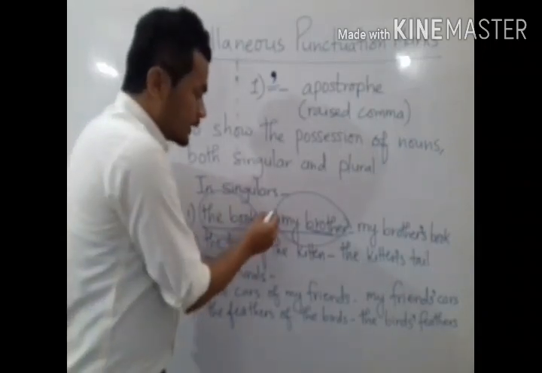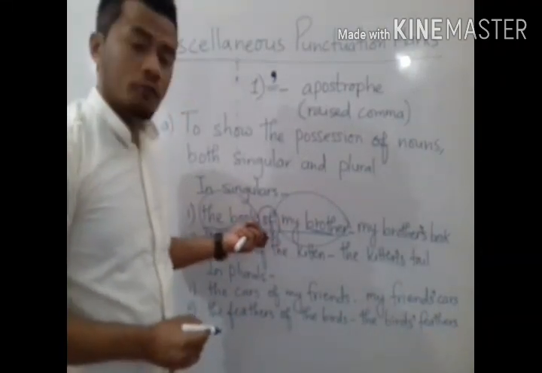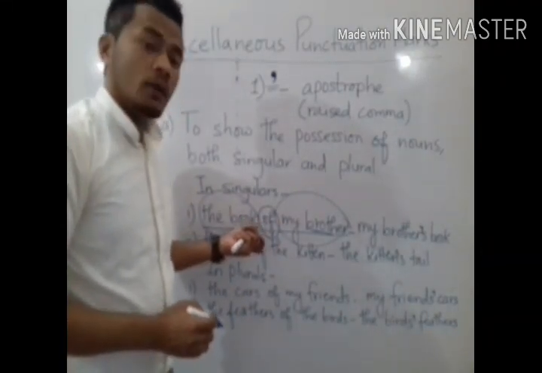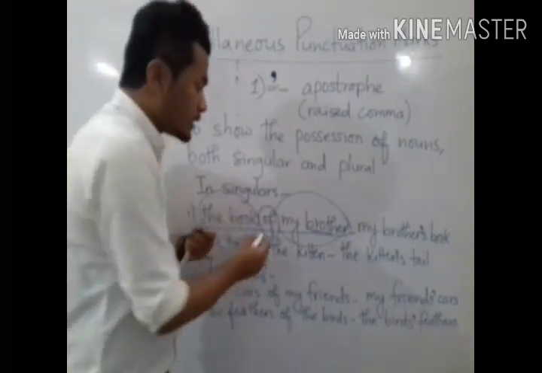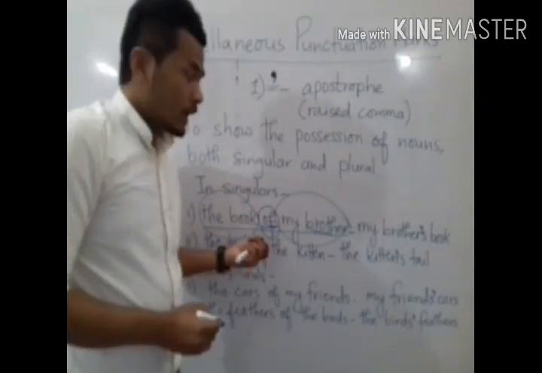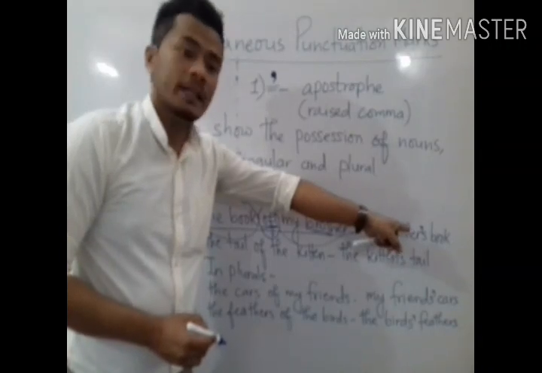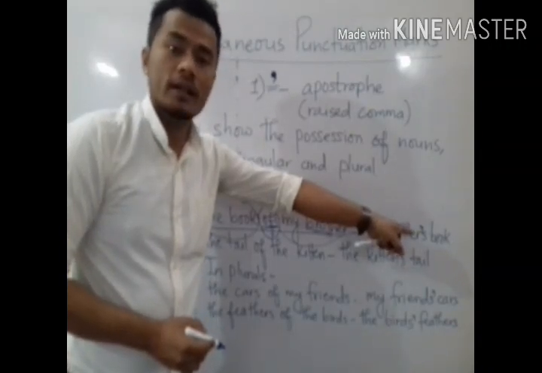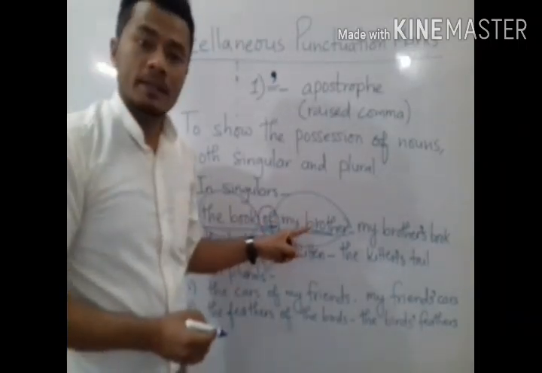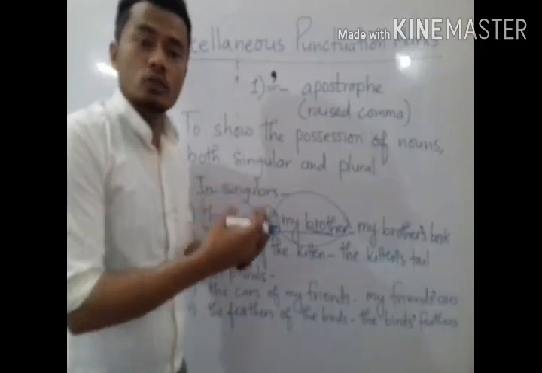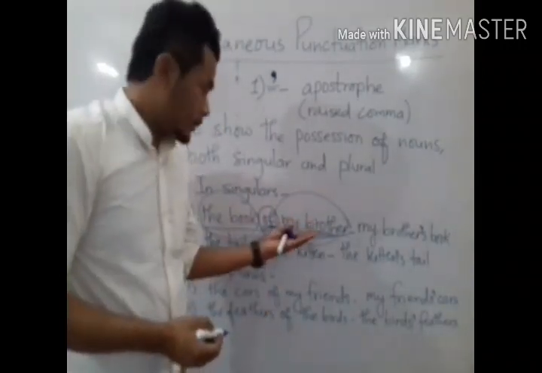So now the preposition of, the word of, we have to remove whenever we are showing the possession of nouns here, and in place of this of, the apostrophe is used in the possessive case of nouns. Okay, let us see the book of my brother. That means the book belongs to my brother. So here the book belongs to my brother.